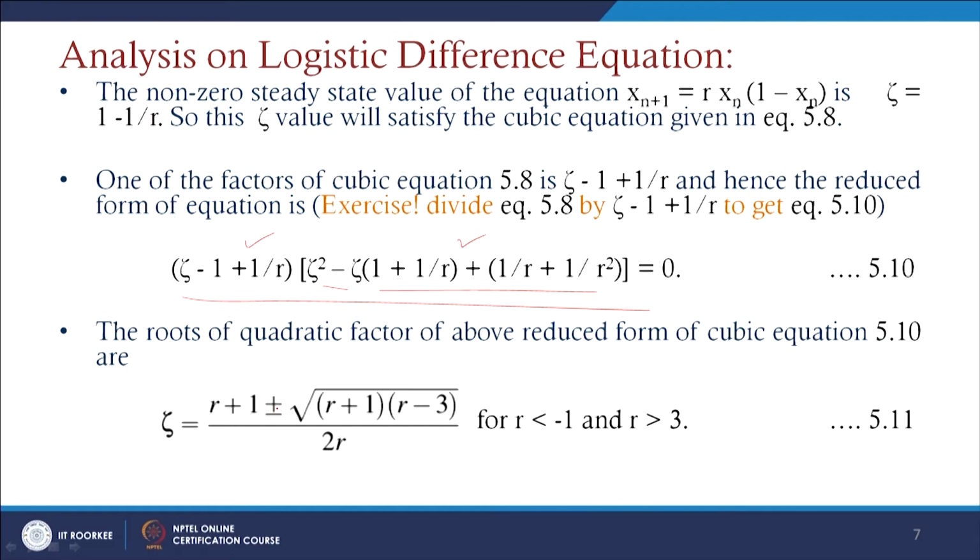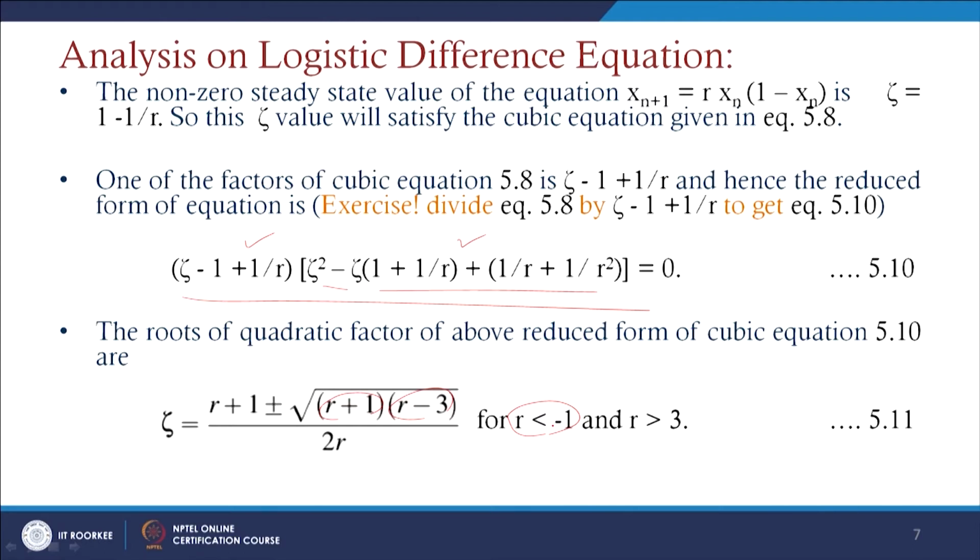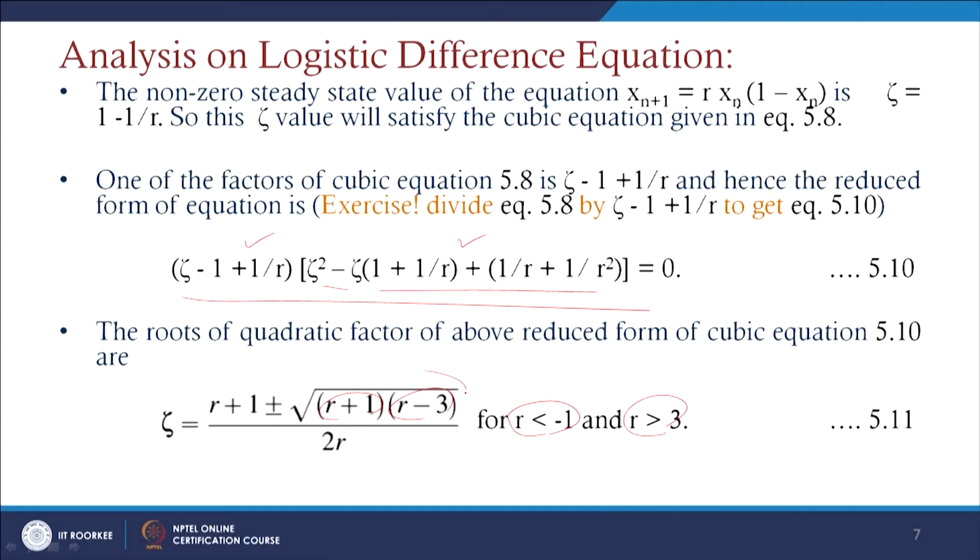So, if you just see here, r plus 1 means this should not be negative, and r minus 3 means this should not be negative to get the complete solution of zeta here. Neither will it be an imaginary function, and we do not have any stability condition. So, that is why if we choose r less than minus 1 here, then we can find the stability or any condition based on those values, or if you consider r greater than 3, then this root solution will have a positive value there itself.